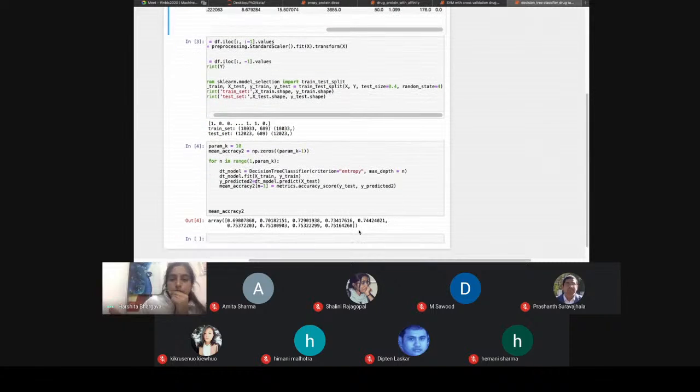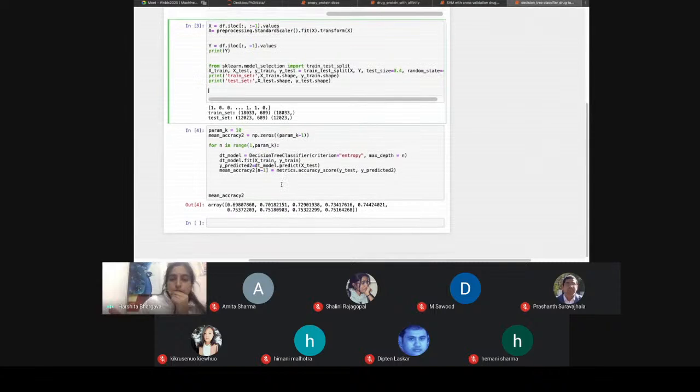The first one is the decision tree classifier that I built. Initially, we have scaled these values and done some pre-processing, and after that we have done a train test split, and these are the accuracy scores with each and every parameter that we have tested. So this is the decision tree classifier built with a simple train test split.